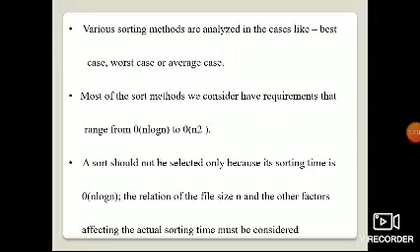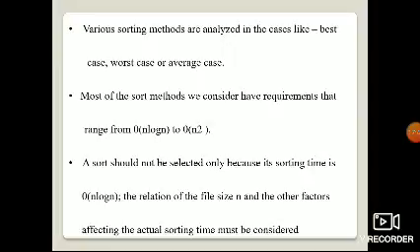Most of the sort methods we considered have requirements that range from big O of n log n to big O of n squared, or n2. A sort should not be selected only because its sorting time is big O of n log n.